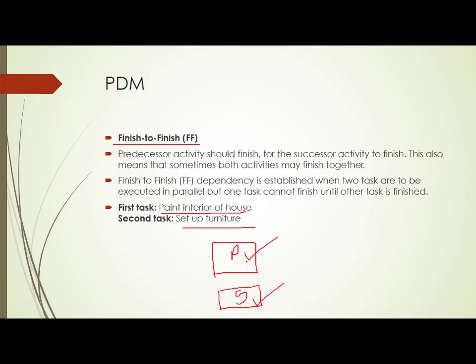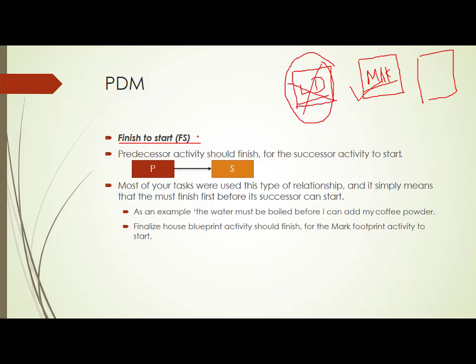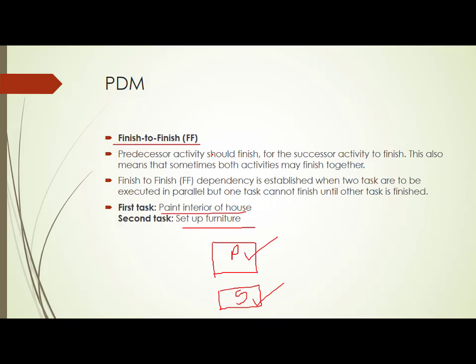So there are 2 activities. Now there are 2 ways of looking at it. First, you paint the house completely, wait, and then bring the furniture. You can go with this relationship, finish to start. That means let the painting of the house get finished, and after that you bring in the furniture. But you have another option also. I told you there are 4 rooms. When the painting of the first room is over and the second room painting is going to start, you can bring the furniture for the first room.